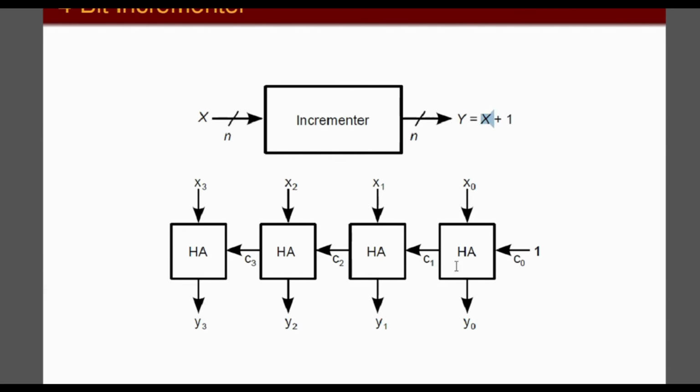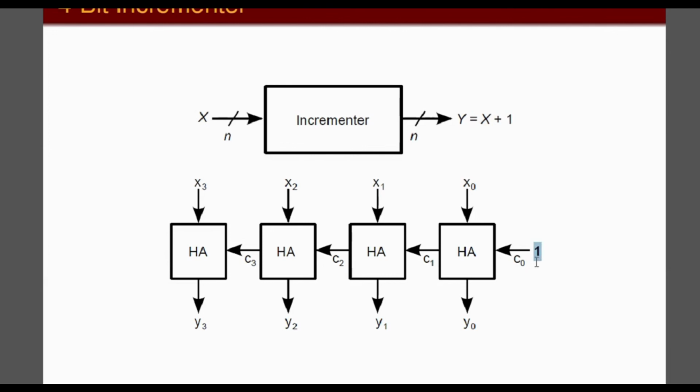You don't need A plus B plus 1. If you use a full adder, then one of the inputs you have to set to 0. You just need only one. Therefore, half adder is better than full adder. Plus, half adder is a smaller circuit than full adder, so you use half adder. But you set the C input or C0 as 1, so that let's say if you start from 0, 0,